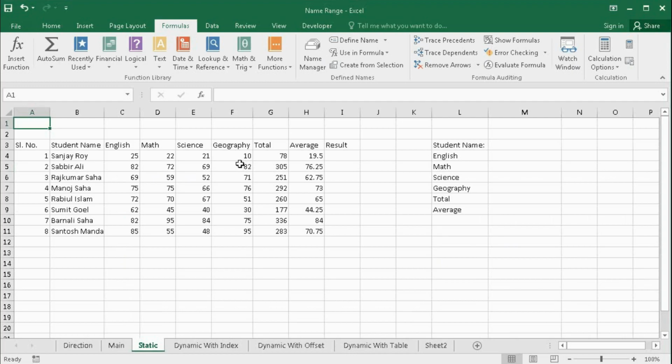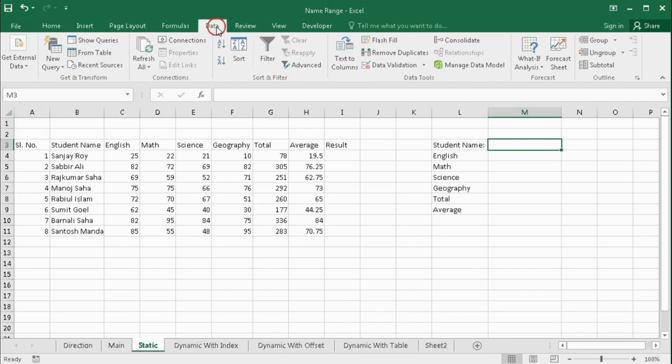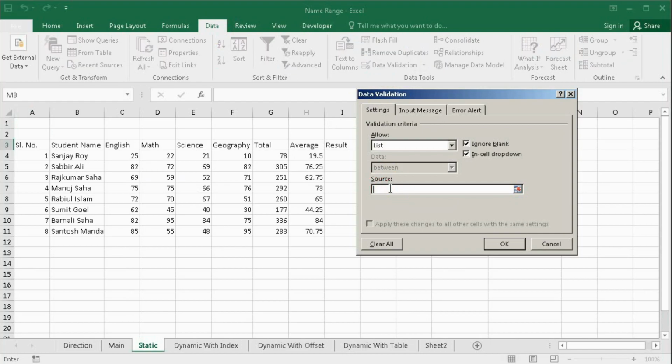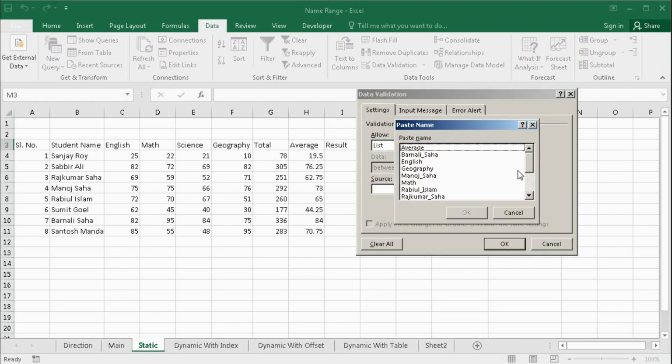In the last tutorial, we used this dataset. Here we have created this name range for all of this. Now I will create here a drop down list for student name. For that, go to data validation, click here list, and in source press F3 to get the list of name range.